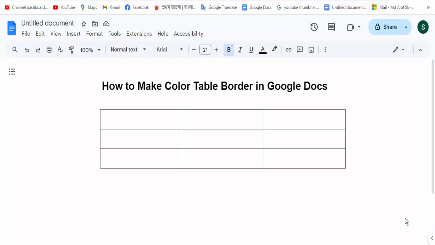Today's video, how to make color table border in Google Docs. So let's start it. At first, open your Docs file. Firstly,